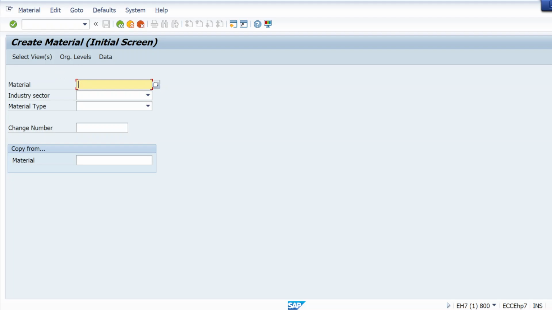Even right now, more than 70% of organizations are still using ECC. There is not much difference. 90% both are the same. That we will figure out in the next session.